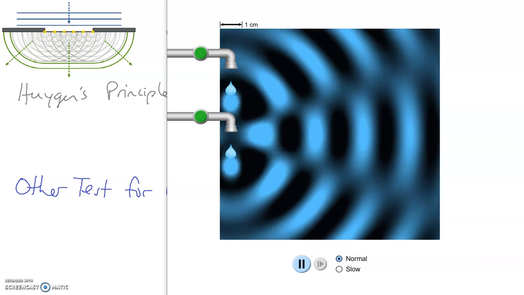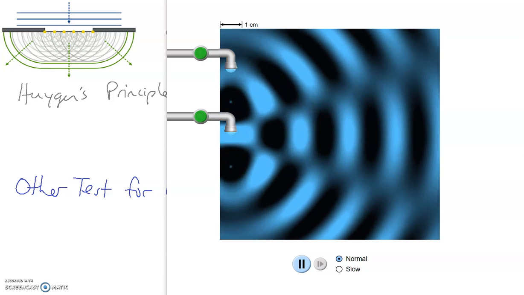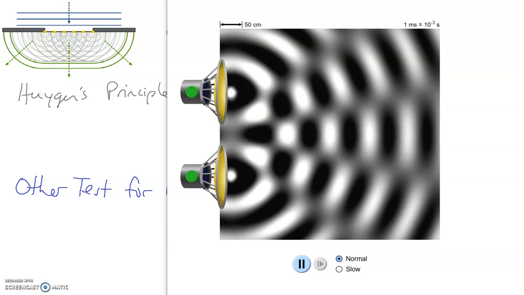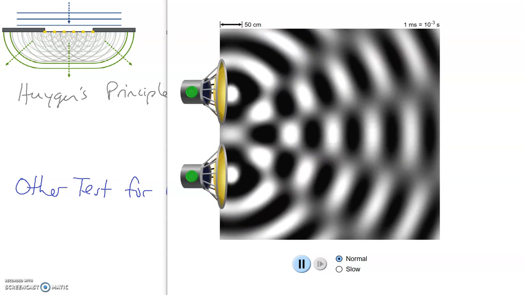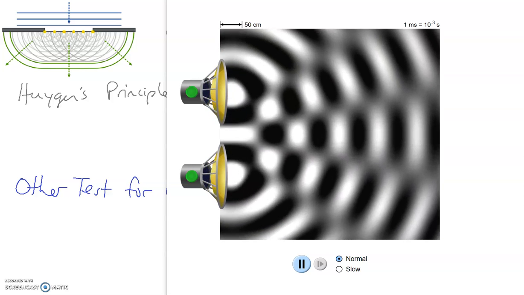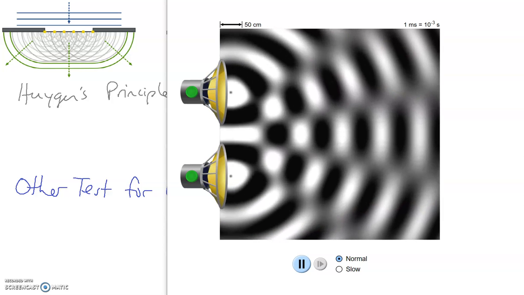Water waves do this all the time. You can actually see it no problem. Well, sound waves can do the same type of thing. You can do the exact same type of thing with sound waves. In fact, if we were in my lab, I could show this to you, where you can actually go to places and hear the sound to be loud. There, the sound would be quieter, louder sound, quieter sound, louder sound, and you can actually do this thing with